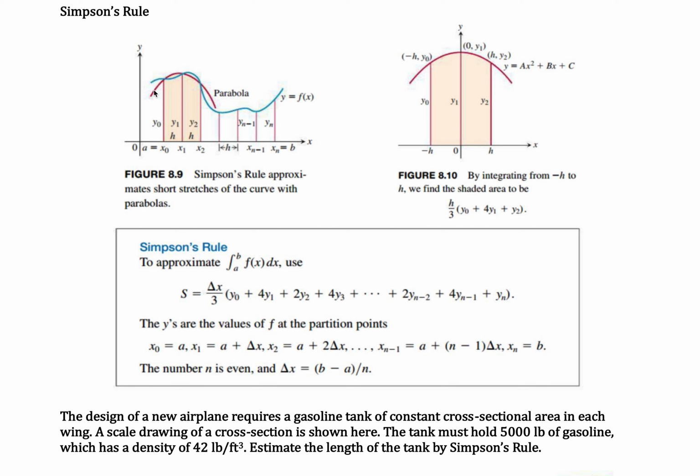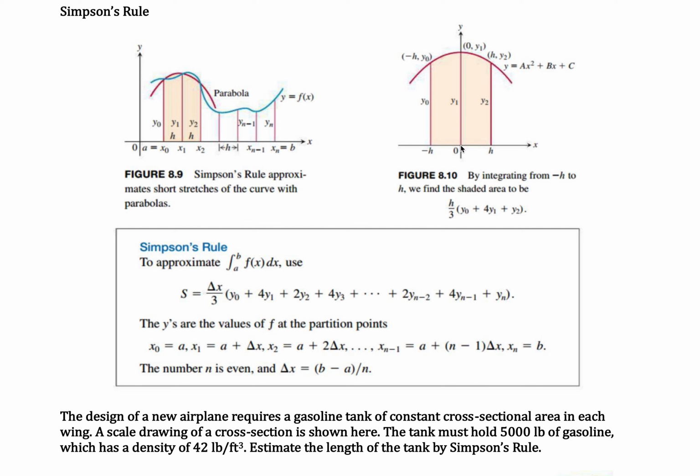So here I've got this curve y equals f of x in blue. It's subdivided into these different intervals. And then again, we're looking at two of these segments at a time. To simplify things, if you were to imagine, with it being a parabola, it's going to be symmetric. If you were to center it at the origin, so you'd have that perfect symmetry, you can integrate and find